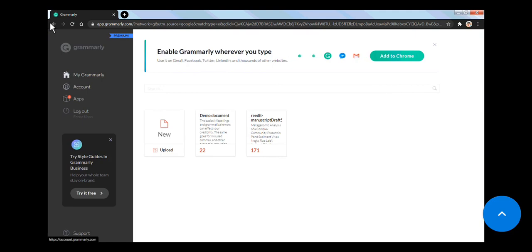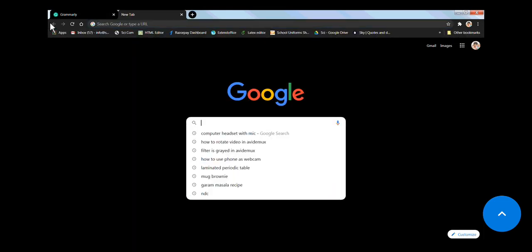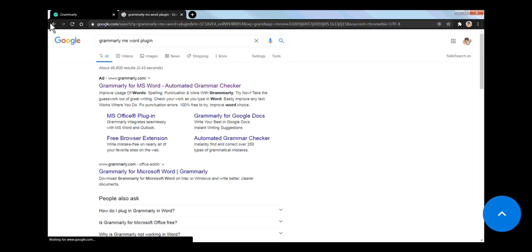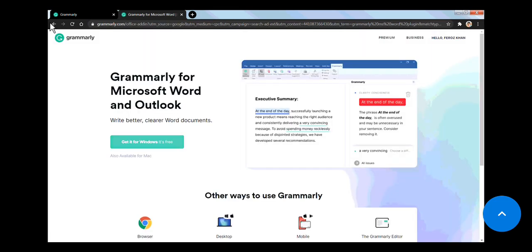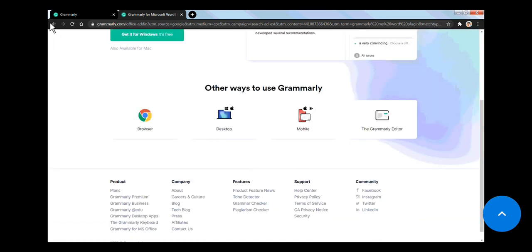I already installed it, so it's not showing a download option, but here you can download Grammarly for Microsoft Word and Outlook, and get it for Windows, it's free.